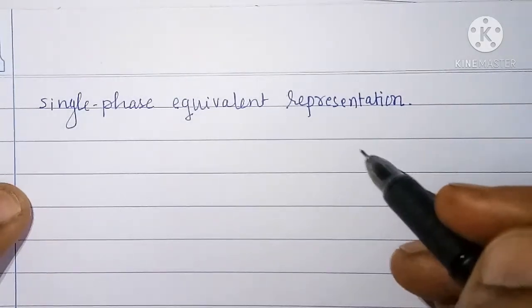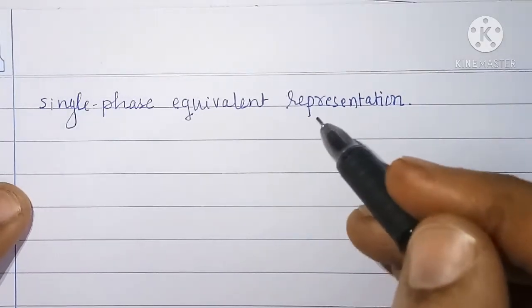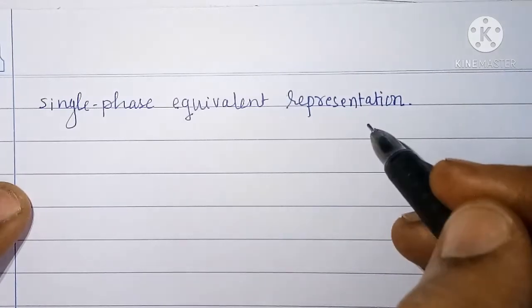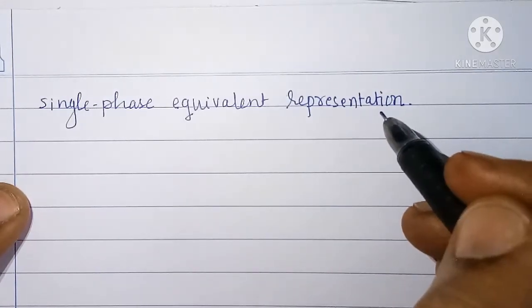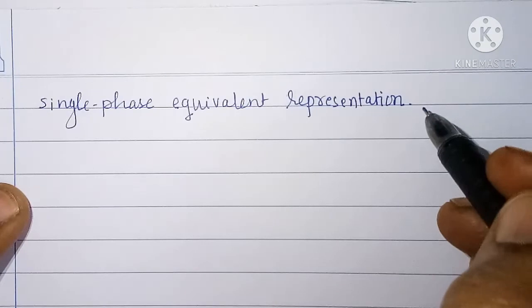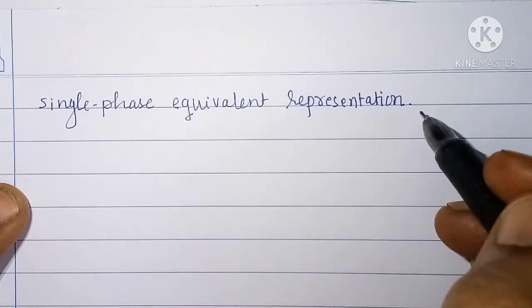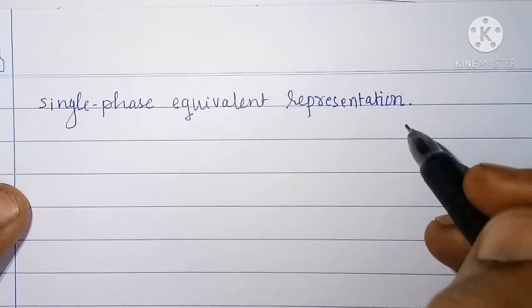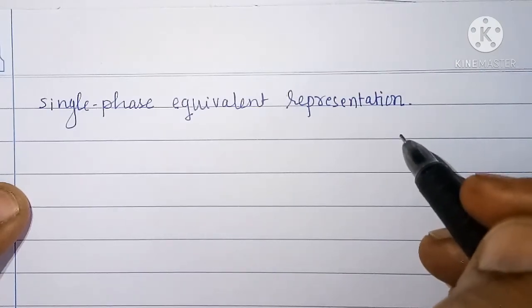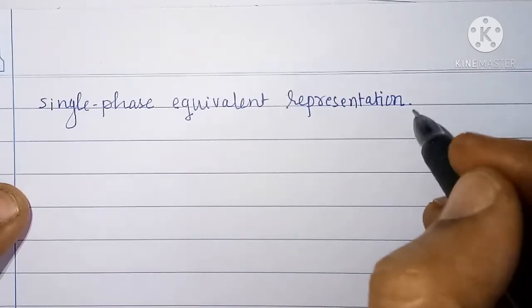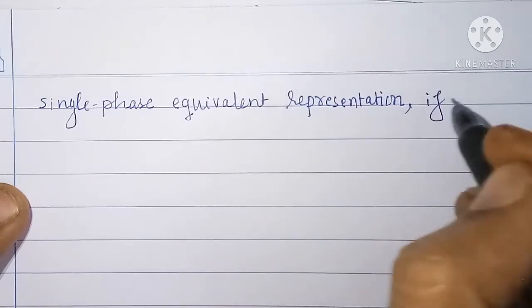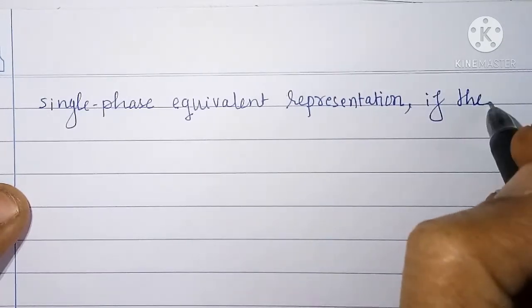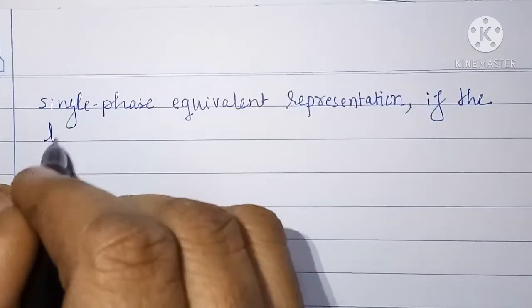But for analysis purpose here, we will be taking all the per phase values, that is voltage per phase, current per phase, resistance per phase, and so on. If the line is balanced,